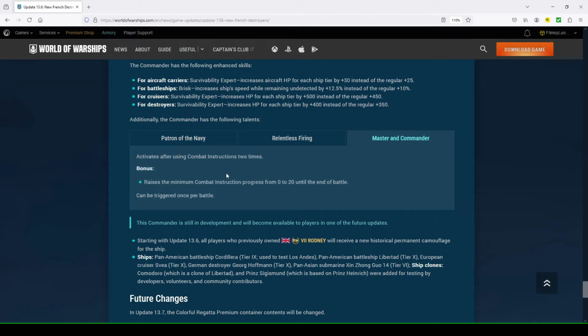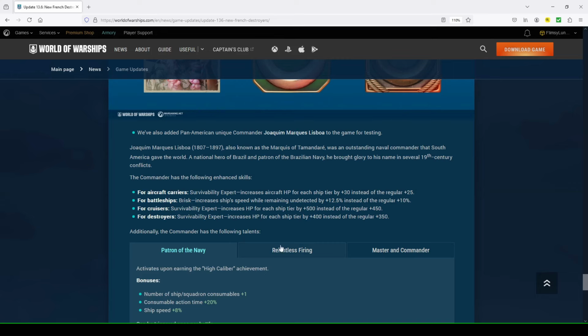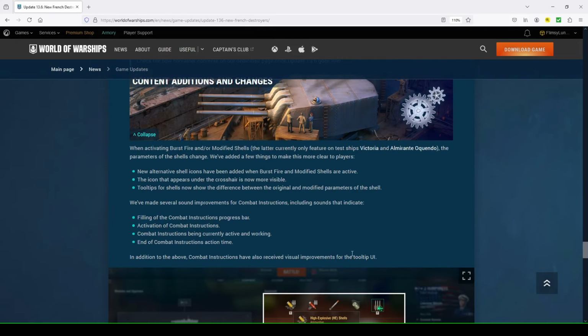Okay. Master and Commander activates after using combat instructions 2 times. Bonus: raises the minimum combat instructions progress from 0 to 20 until the end of the battle, can be triggered once per battle. Raises the minimum combat instructions progress. So maybe rather than going from 0 to 100, it's now 20 to 100, so you activate your combat instructions faster. So it seems to be keeping in mind